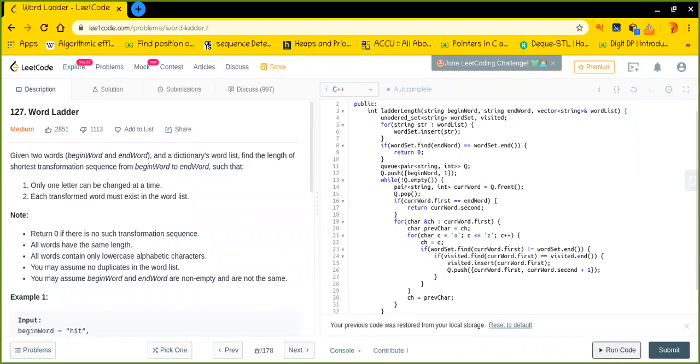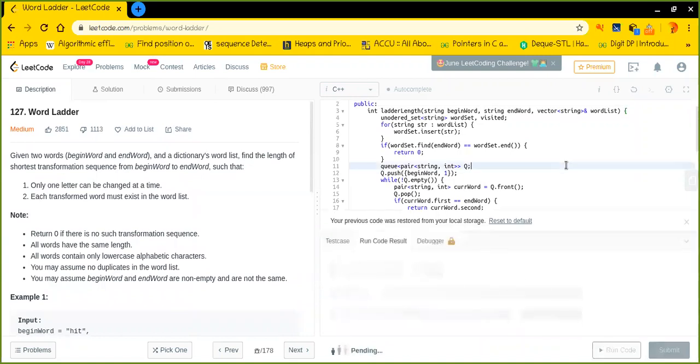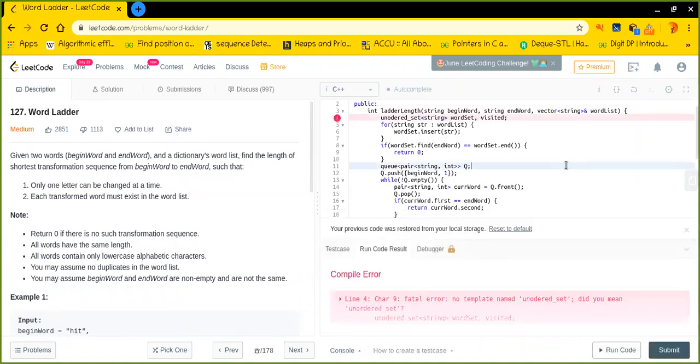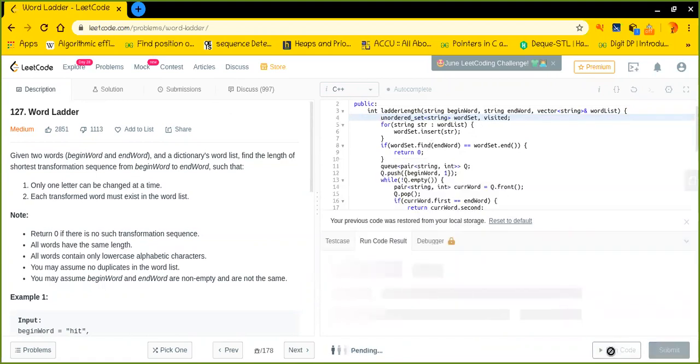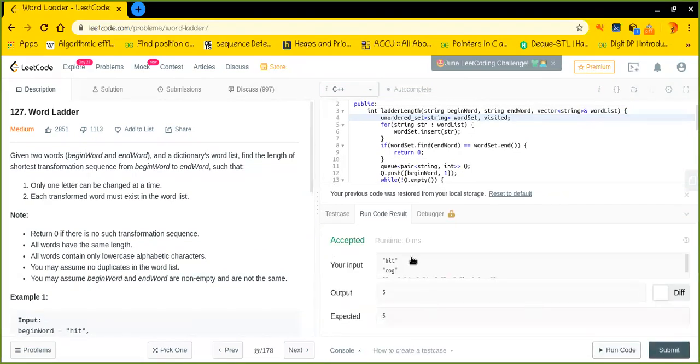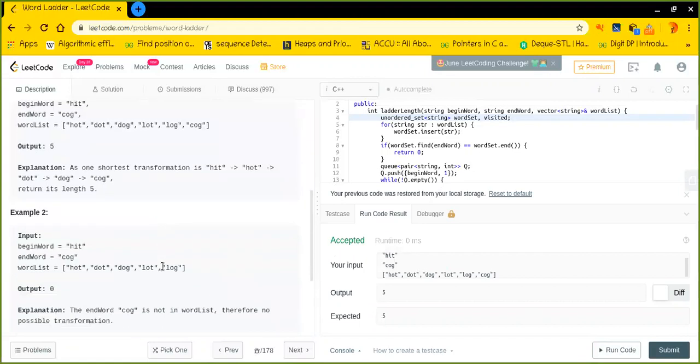So let's run it. Okay, there is a spelling mistake, sorry. It is running well and fine.